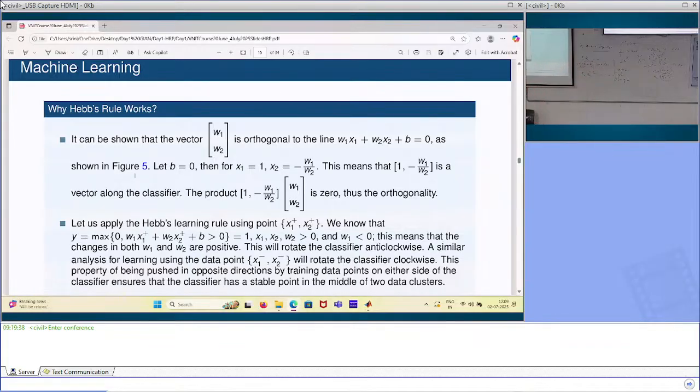Yes? Very good. Very good. So where is the classifier rotating? How is the classifier rotating? It is rotating clockwise. It is going away from that point, right? फिर दूसरे में अगर आप नीचे को करोगे तो ऊपर को धक्का देगा। तो इस तरह धक्का देते देते